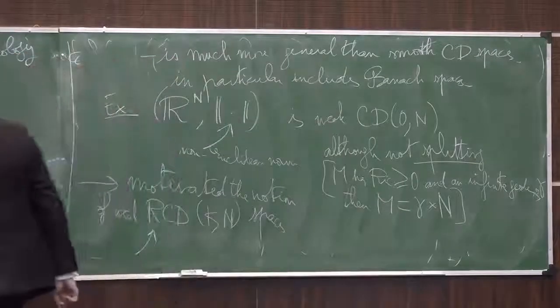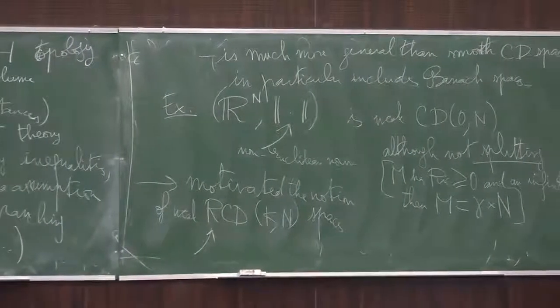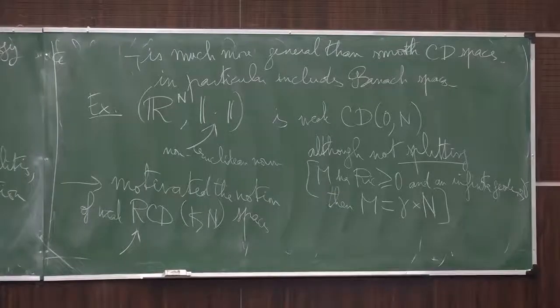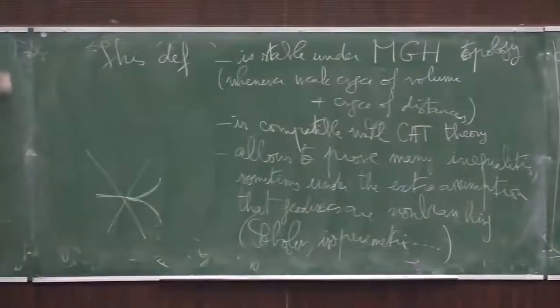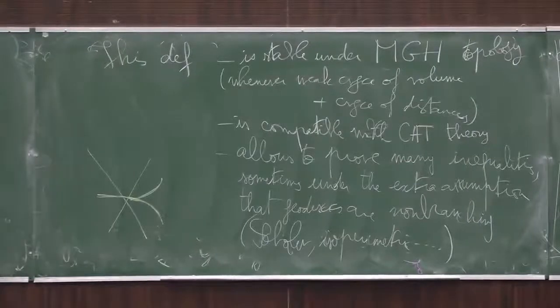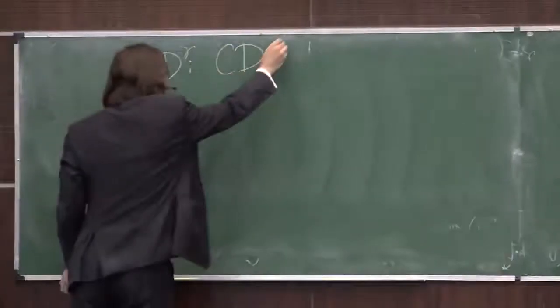Which is the reinforcement? The R is for Riemannian, and the reinforcement is to make sure that it is, in some sense, a Riemannian thing. So RCD means not only it is CD(K,N),